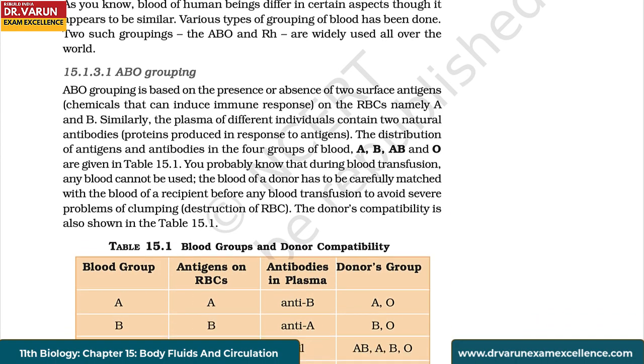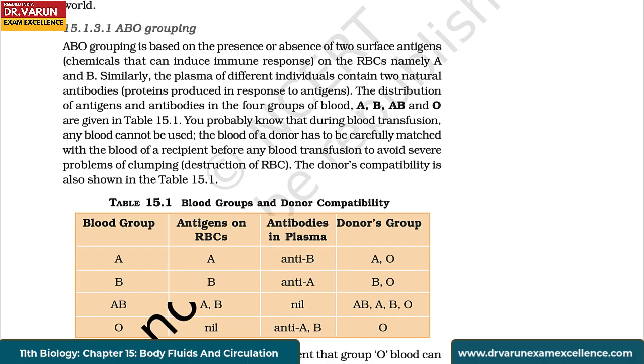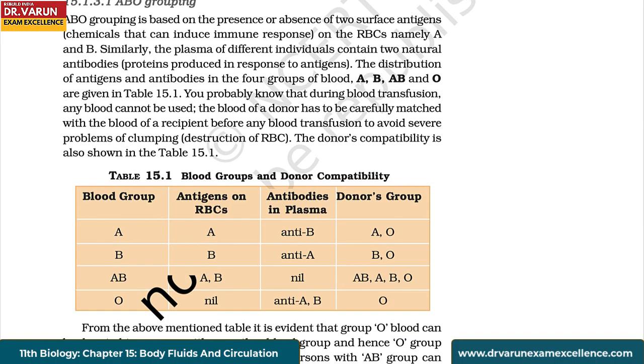ABO grouping. ABO grouping is based on the presence or absence of two surface antigens, chemicals that can induce immune responses, on the RBCs, namely A and B. Similarly, the plasma of different individuals contain two natural antibodies, proteins produced in response to antigens. The distribution of antigens and antibodies in the four groups of blood A, B, AB, and O are given in